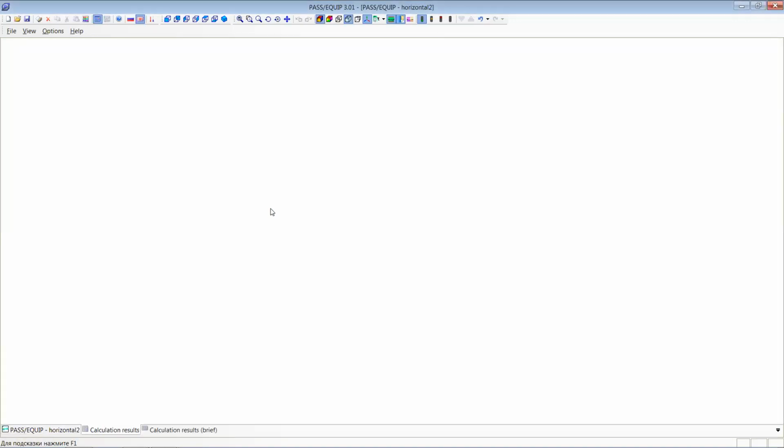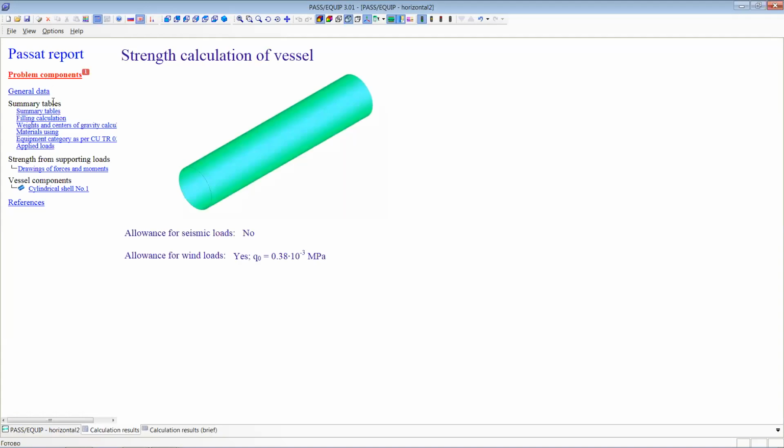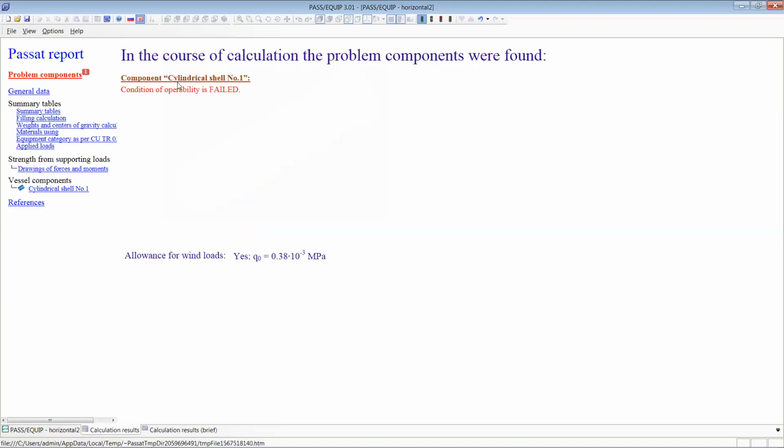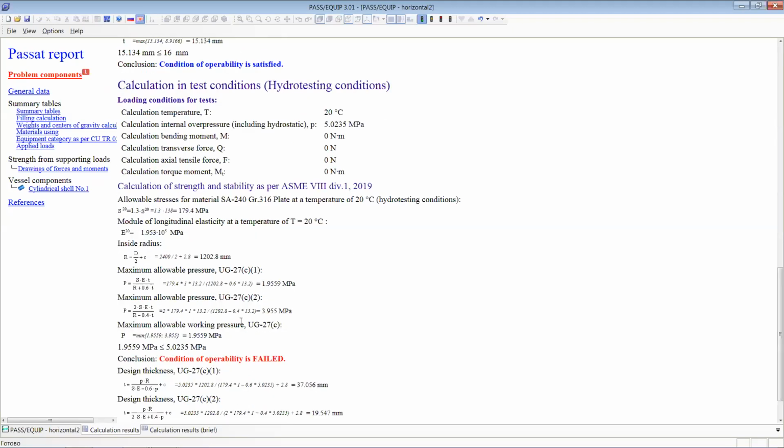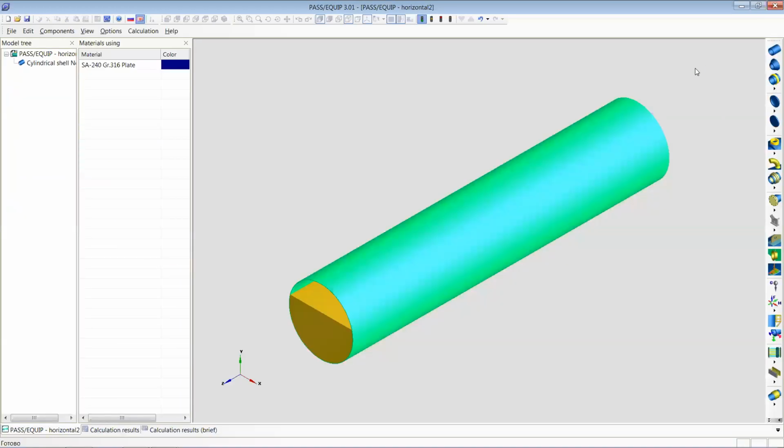And you can see our full reports, and you can see the problem, the cylindrical shell, and what's the reason. The reason is the hydrostatic condition is very high. Yes, our pressure. It's an example of how to create models. You input additional heads, saddle support, nozzle, and others. And after that, I will show you